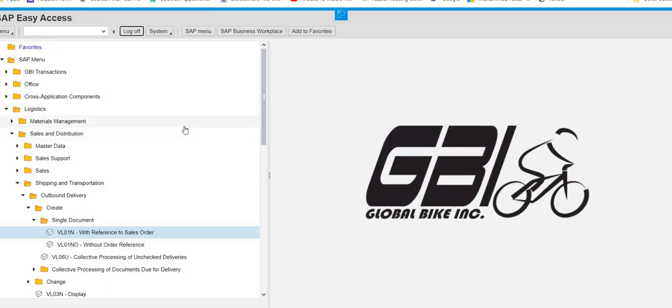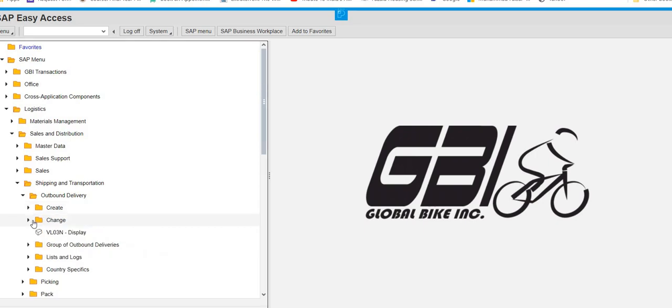Now the path is a little bit changed. Logistics, sales distribution, shipping, transportation. Then outbound delivery is okay. And then outbound delivery, there is a change, not create. So I'm going to close this tab and click on change. And then single document.